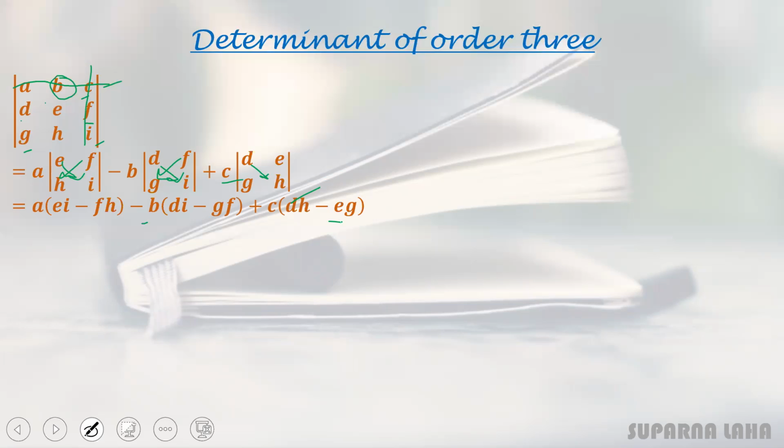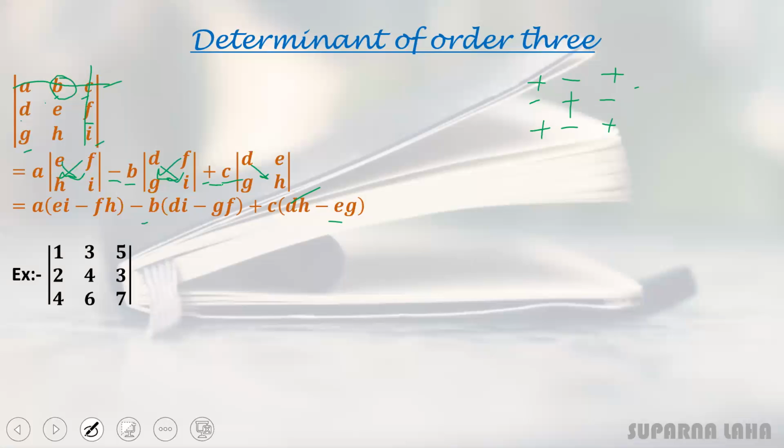Okay. So how to choose this sign? Here I'm choosing minus, then plus. How to choose this one? Remember, when we talk about cofactors, that time the sign will be more clear. But for now, just remember the signs like plus, minus, plus, minus, plus, minus, plus, minus, plus. That is, we start from positive and then take alternate signs. So for B, it is minus. For C, it is plus. Okay, so like that.